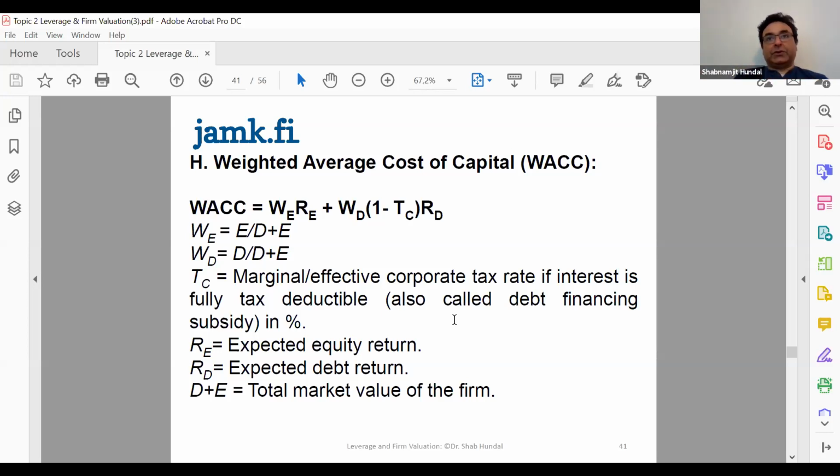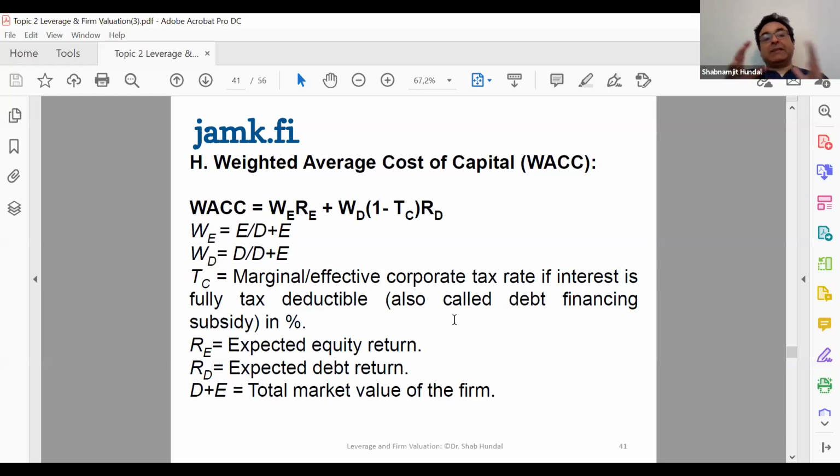So if you notice your companies, I know you have analyzed your case company several times now in the previous tasks, when you calculate levered beta, unlevered beta especially. If you go back, you will find that the corporate tax rate which your case company is paying is not the same in the different years. That can change from one year to another year. So here we take that effective corporate tax rate.